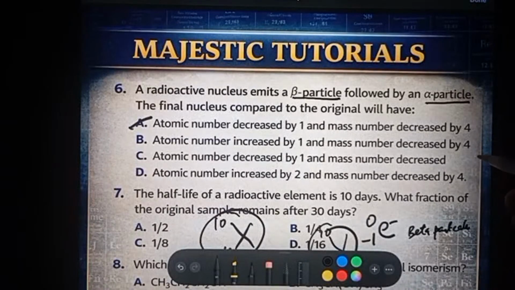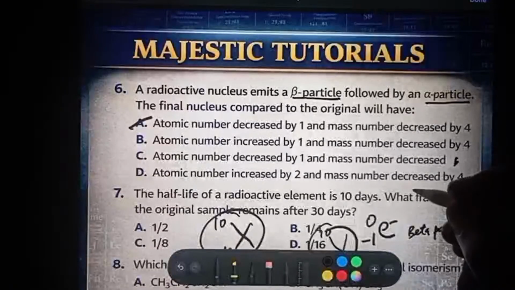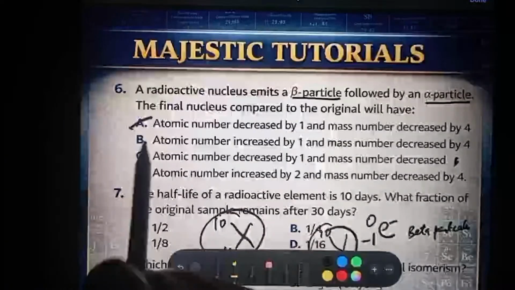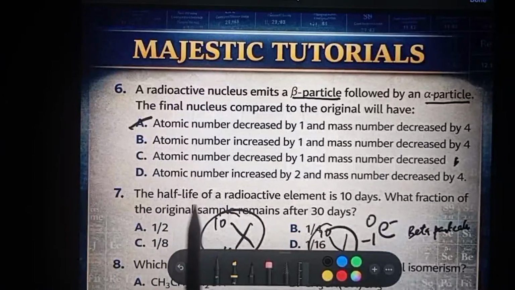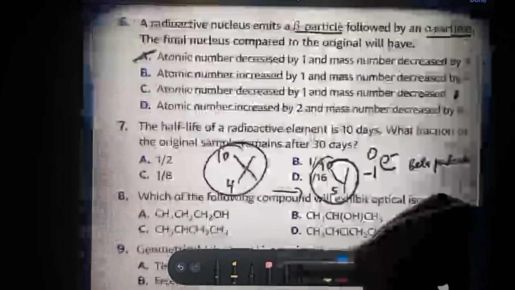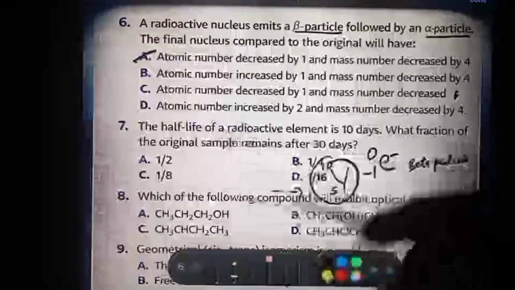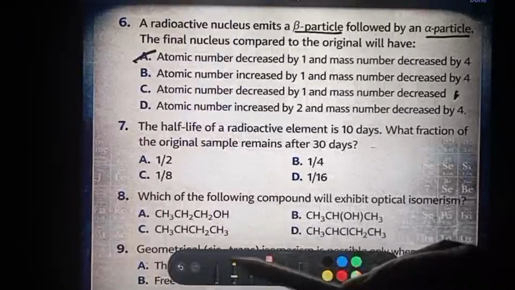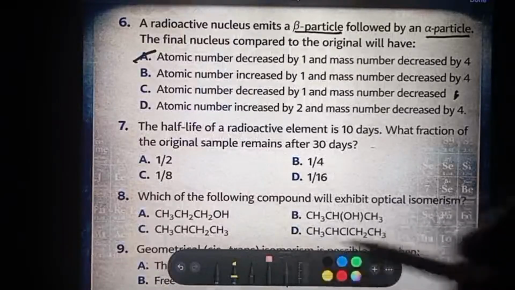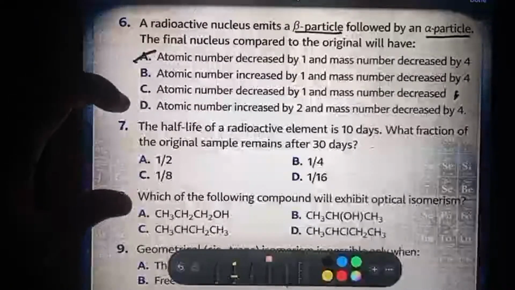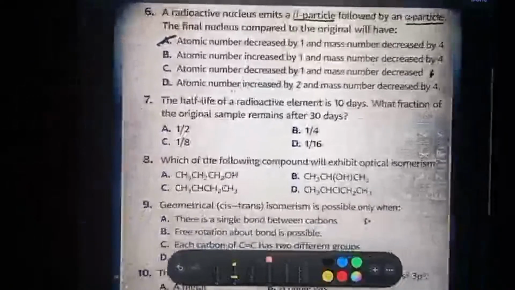Then look at this error. Don't mind the error. This is not how I constructed it; it happened in the course of transmitting. Atomic number increased by 2. No, not at all. So something is not well with that option. Option A is the right thing. Other options were meant to be wrong. Okay, if I can lift the original questions, we'll see what is there. The next question says,